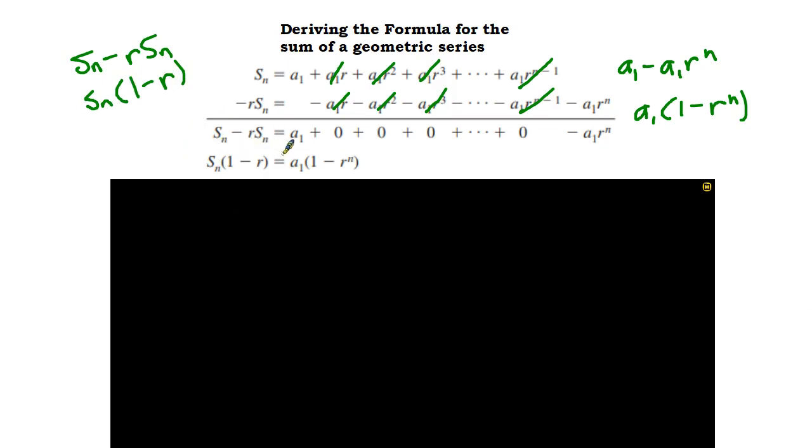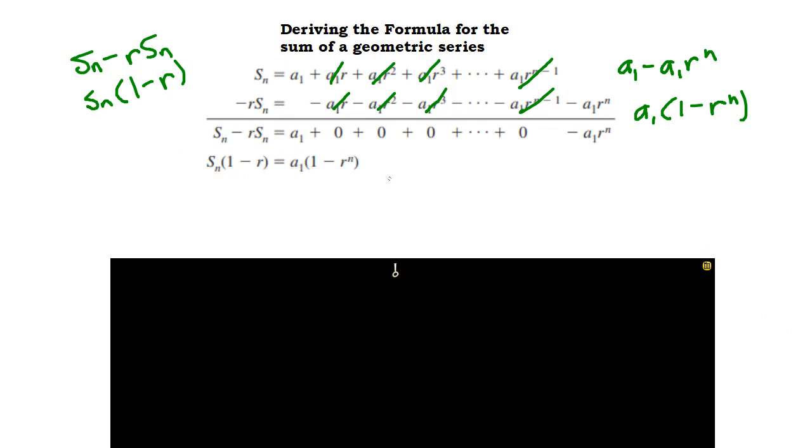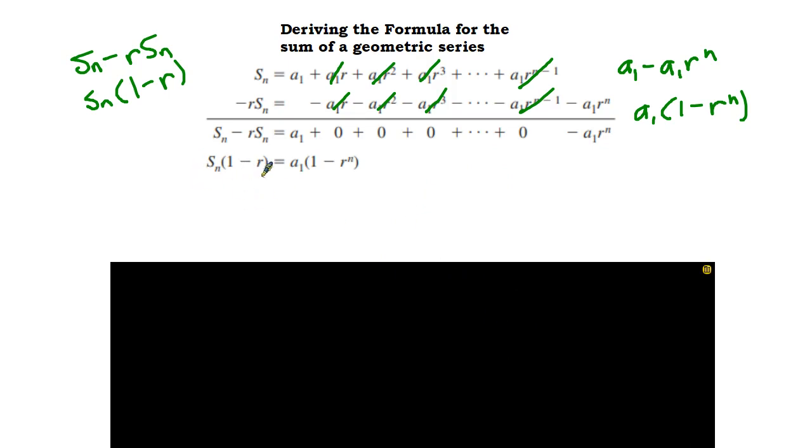Yay. Now, we'll finish it off by doing some math and getting s sub n all by itself. And when we do that, we'll divide both sides by 1 minus r. And when we do that, we get the formula for s sub n, the sum of a geometric series, which is going to be a sub 1 times 1 minus r to the power of n, all divided by 1 minus r. Yay! Exciting! So now, if you know the common ratio and you know the number of terms, you can figure out the sum of the entire,